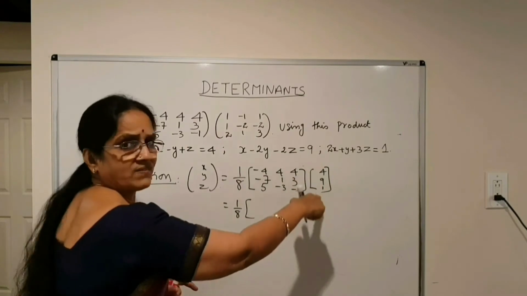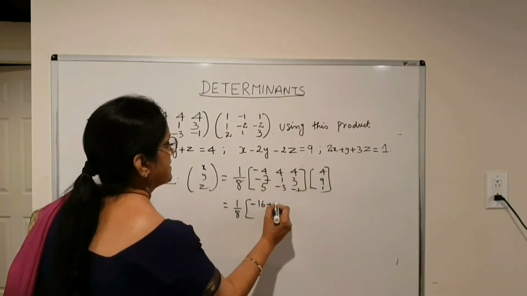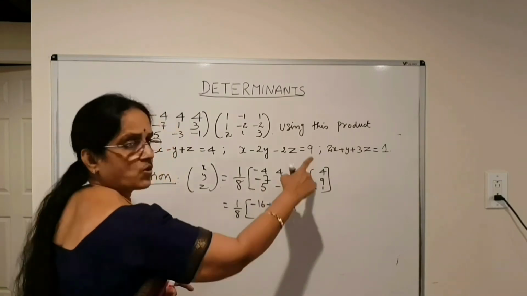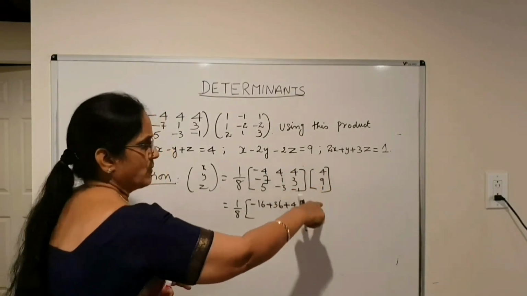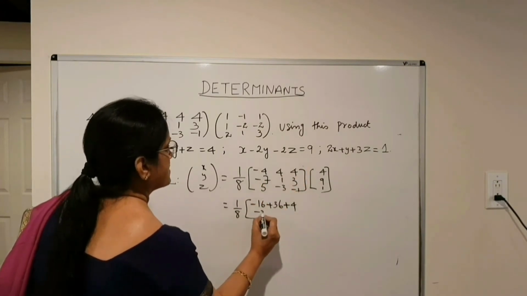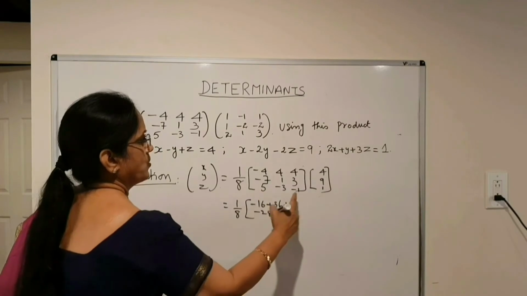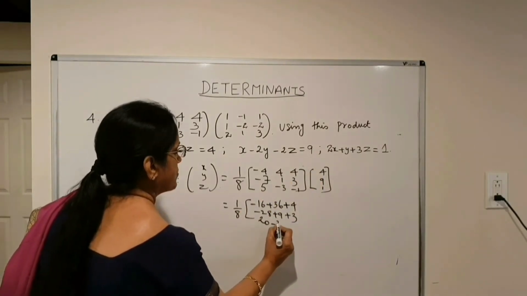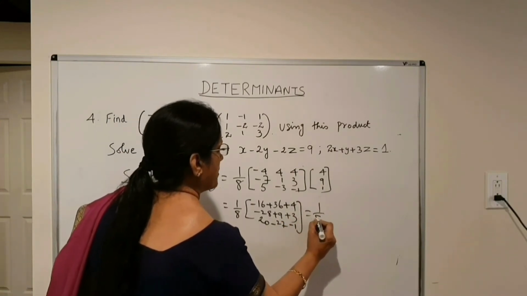Now let us multiply the first row and first column. Minus 4 into 4, minus 16, plus 36, plus 4 into 1, 4. Then second row and first column. Only one column is there anyway. I will be getting minus 28 plus 9 plus 3. Then third row and that column will be 20 minus 27 minus 1. I need to simplify this. 1 by 8 of